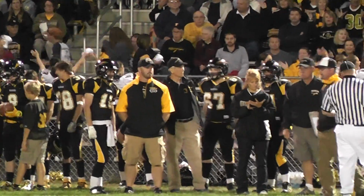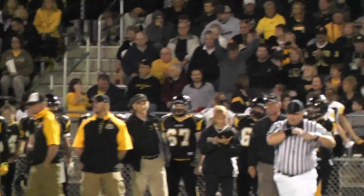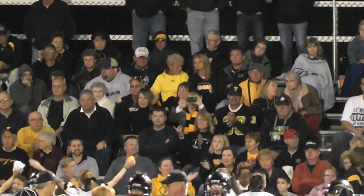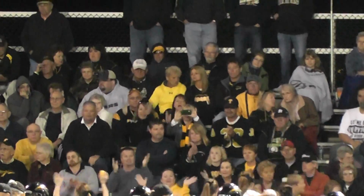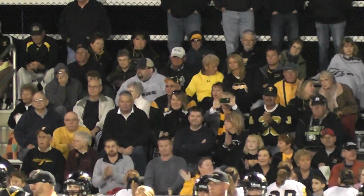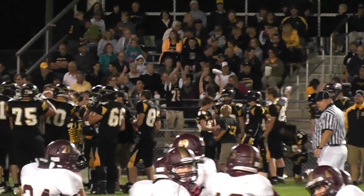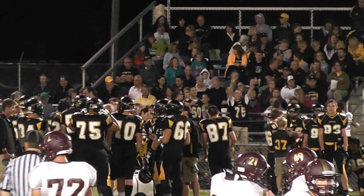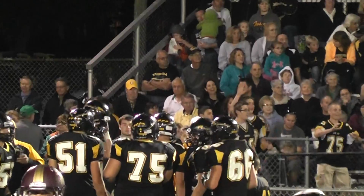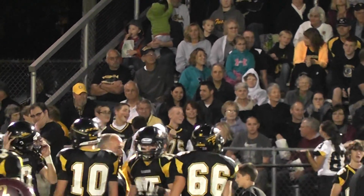6:58 left here in the second quarter, Luke. Tuscola up 14-0. And like we said, it just seems like the last couple possessions by both teams, away from the interception that was run in for a touchdown, both offenses just seem kind of stagnant, kind of flat right now. And it could be both defenses. Both defenses are really sharp right now, playing really well, good pursuit. They're not giving up too many big plays either way. There have been a few here or there which allowed Tuscola to score with their offense, but yeah, I mean,